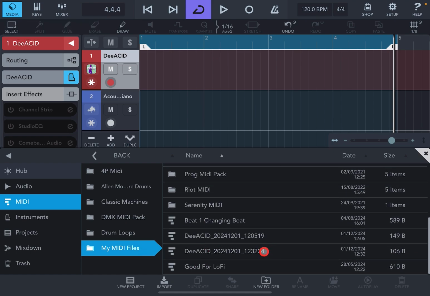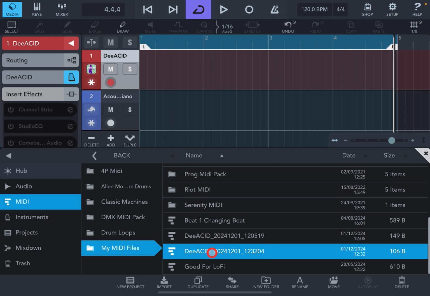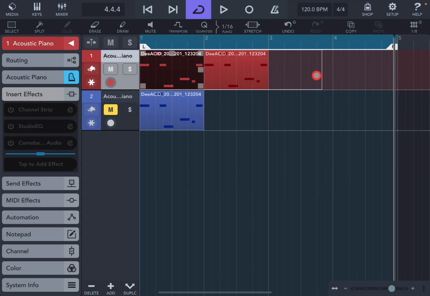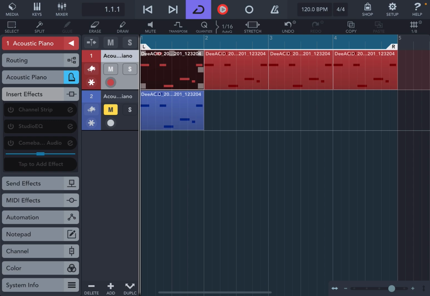And there it is. So if I now just basically take this MIDI, I'll drop it onto this piano first, and then I'll also drop it onto this as well. So you'll see it's the same. So let's mute the piano and let's extend this over 4 bars like that. Super simples. And if we press play now,